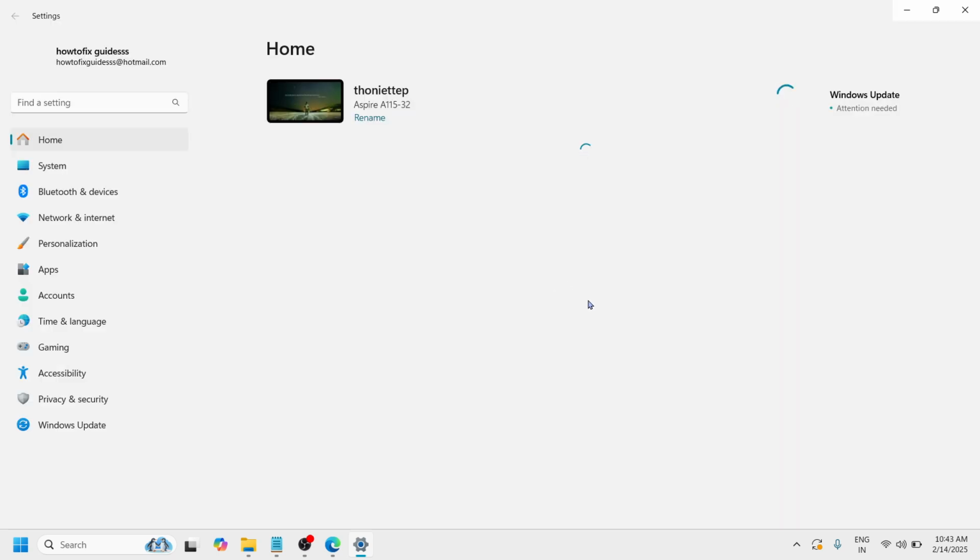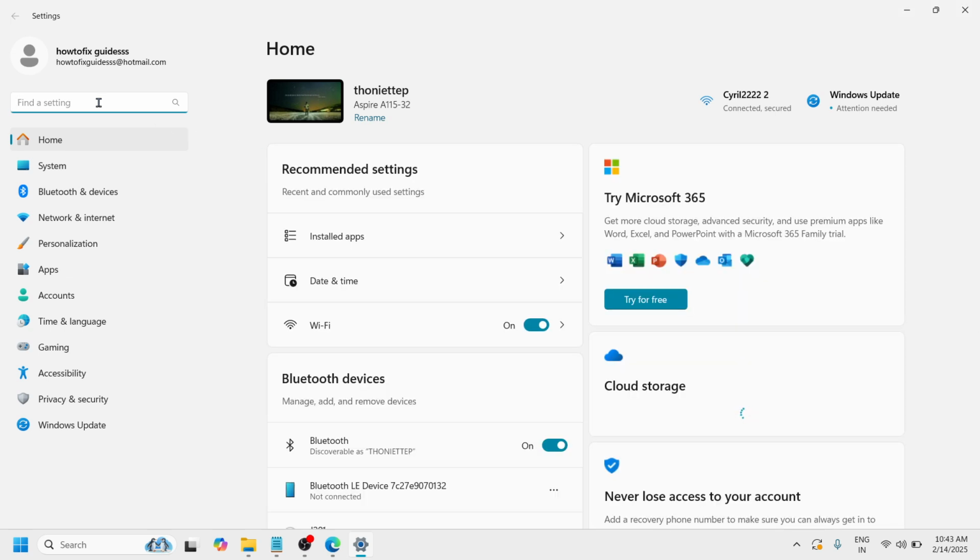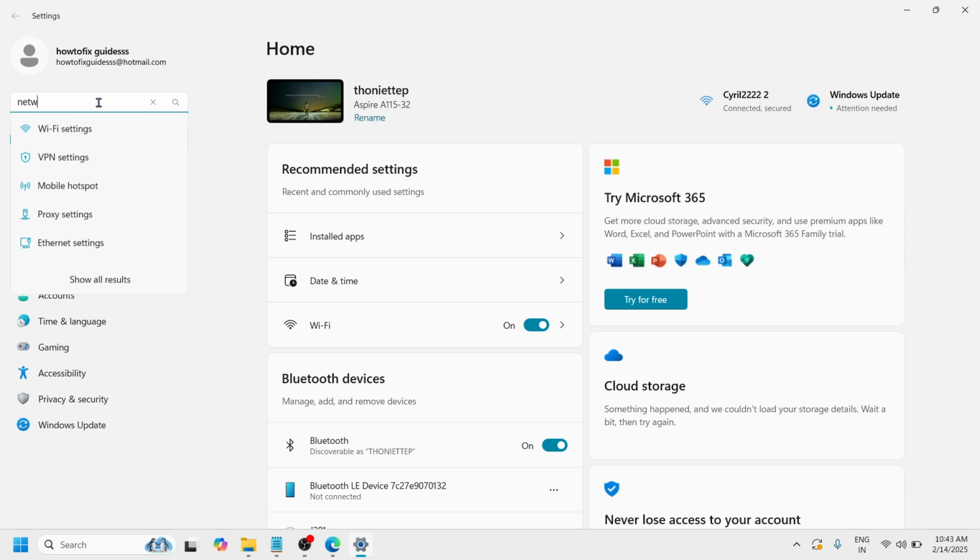Okay, so once you're here at the settings, at the search icon, which you will see at the left side of your screen, type network settings. Okay, so the moment you click on that, you will see here Ethernet settings. Just simply click on it